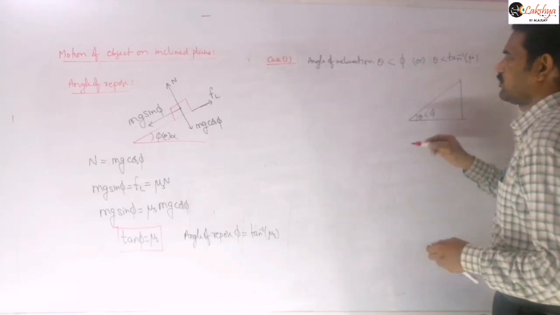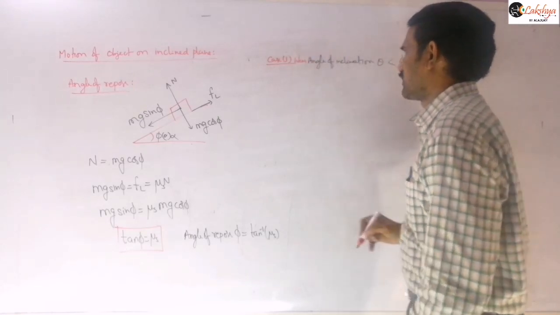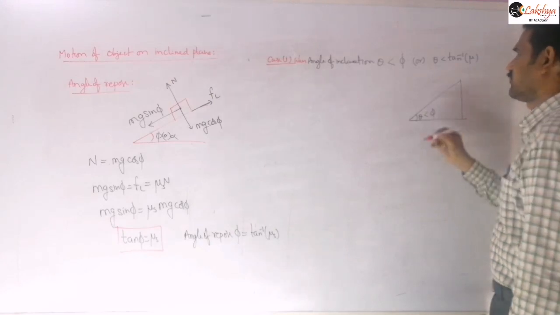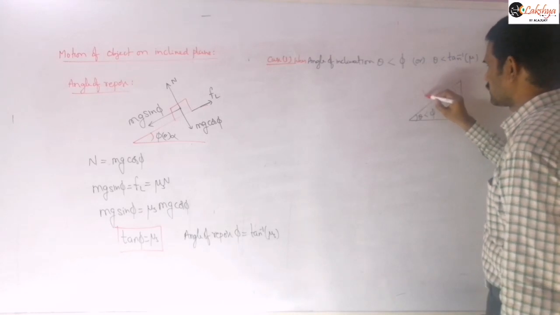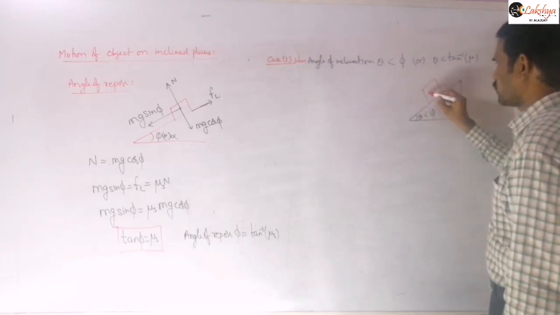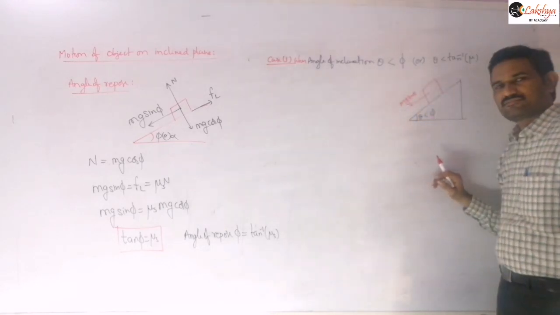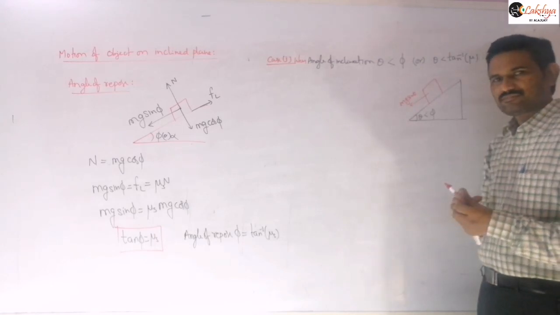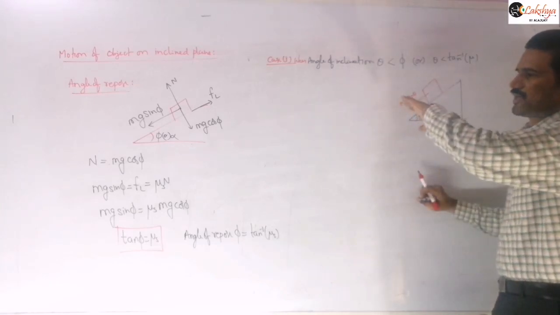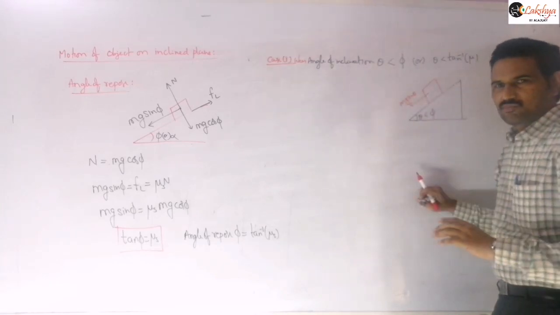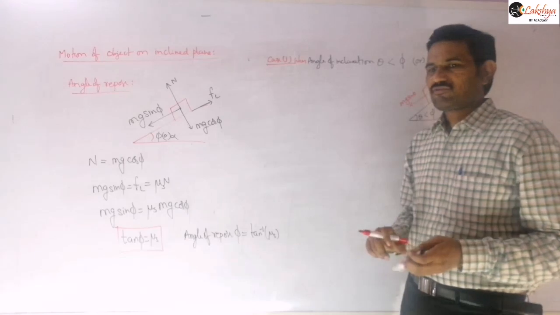Just to mention, when the angle of inclination is less than phi, the angle of repose, or theta is less than tan inverse mu, sometimes they will express it like this. Now the forces acting on this block are mg sin theta. Here the block is ready to move only in the other case, right? So when the angle of inclination is less than that, the block doesn't move. The block will remain in equilibrium only.